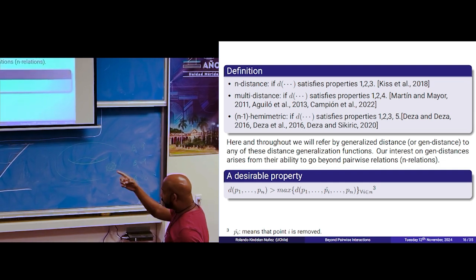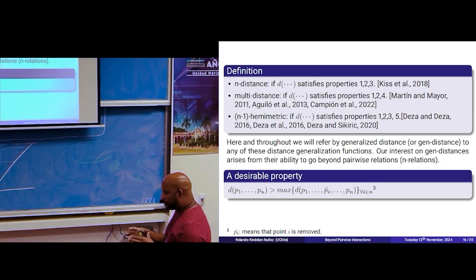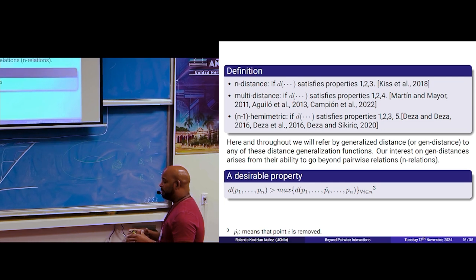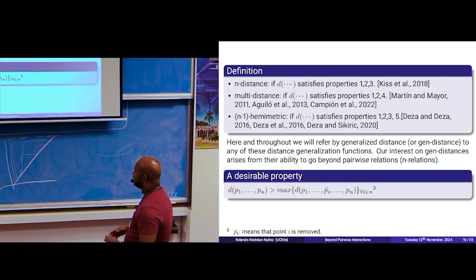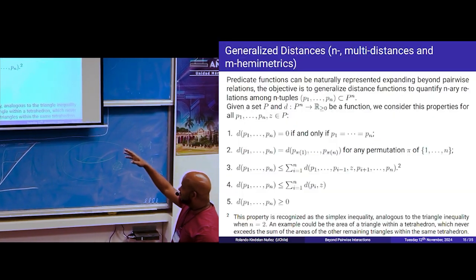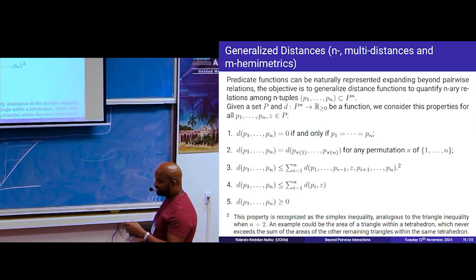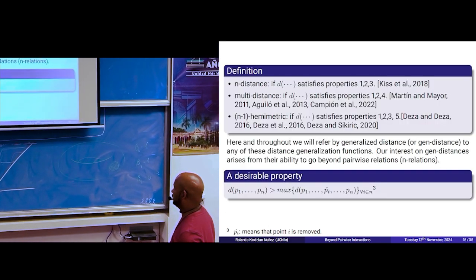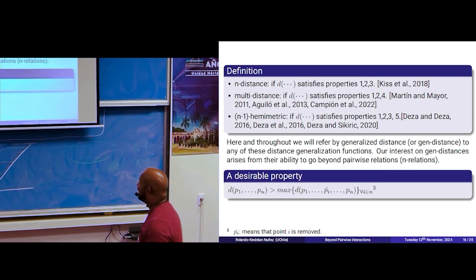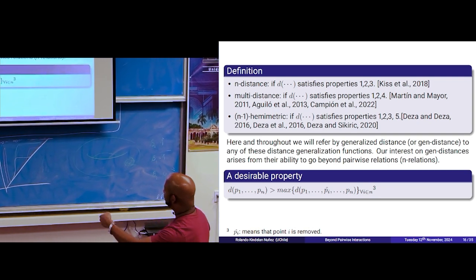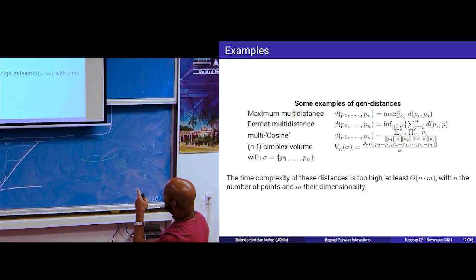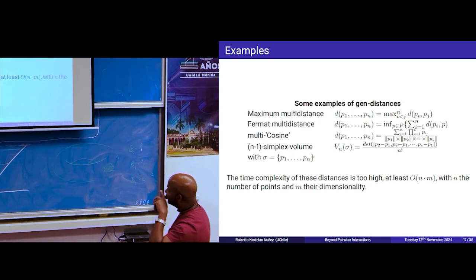So that property will be the one that guarantees that your complex will be a non-flag complex. And as you may notice, those kinds of properties make the distance hard to compute, harder than a pairwise distance. So here are a few examples of